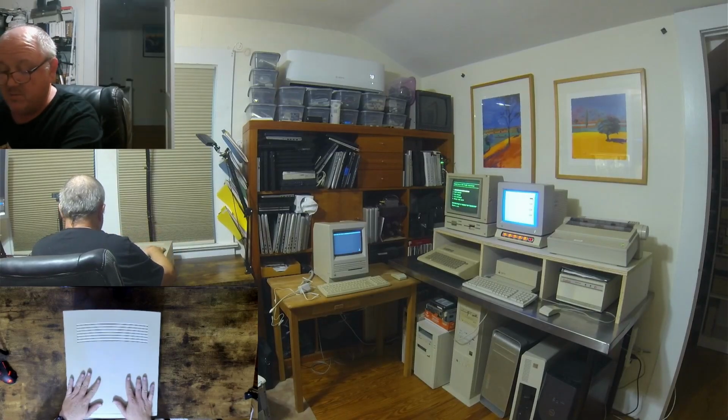And then I also have this machine, which is another PowerPC. This is a Power Macintosh G3. What makes this a little bit different is it also still has AppleTalk, which later generations of Macs stopped adding those ports to. This one still had it, but this one also has an Ethernet port. Why that becomes important is if you set up the services right on this machine, it can actually bridge AppleTalk to what's called EtherTalk,